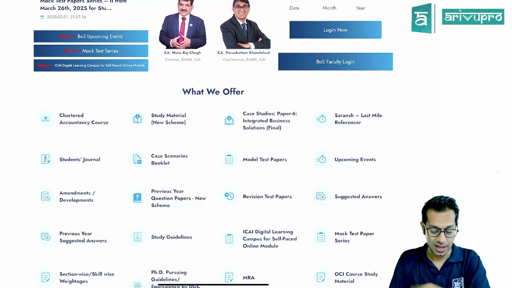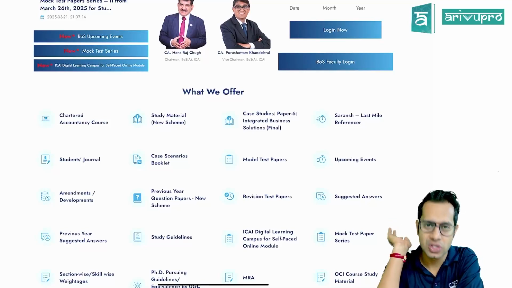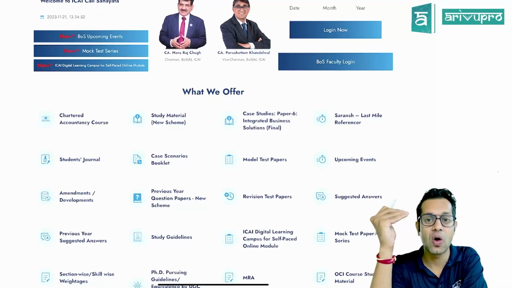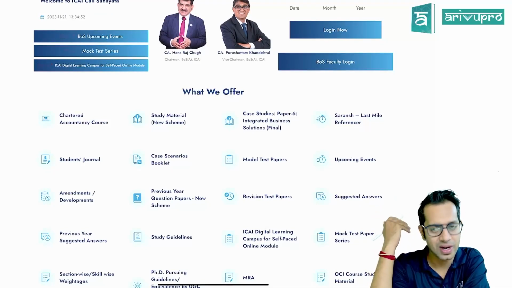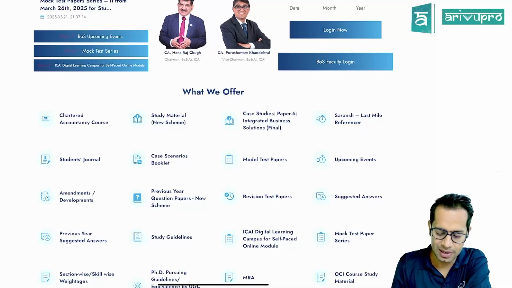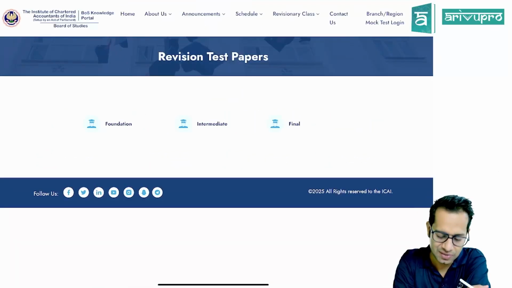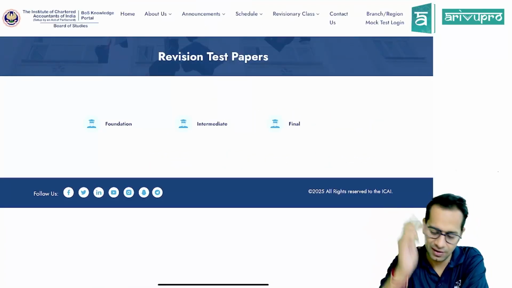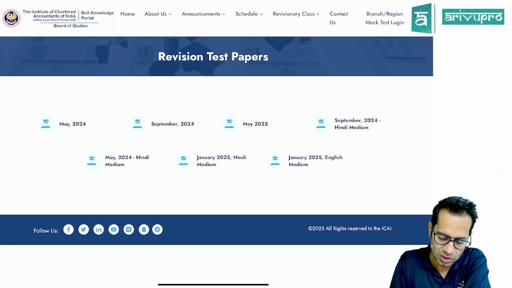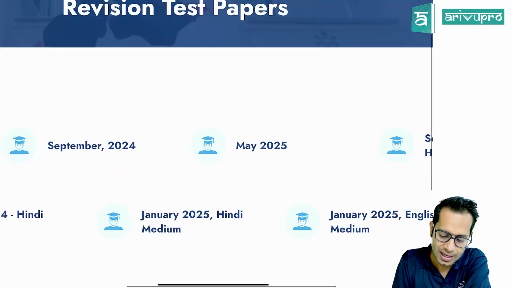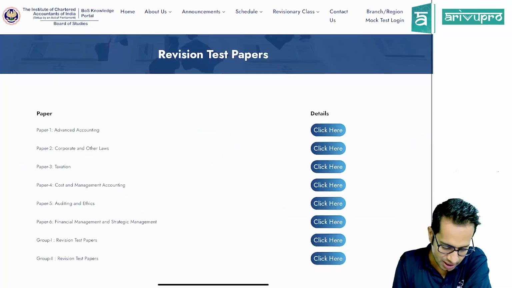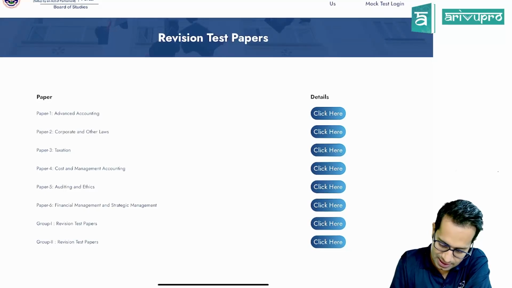So our institute has released some exclusions. What are the different things which you don't have to study for your examination? This will be applicable from the current examination, which is the May examination. I was just going through the revision test papers. So when I was going through the revision test papers of May 2025, I took, say, the Group 1 revision